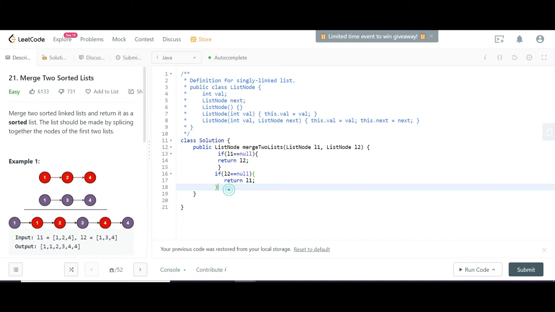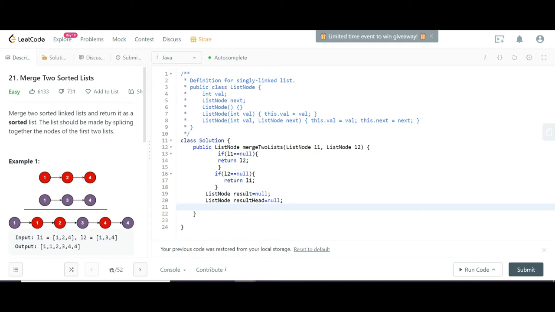Then to define the result, we have to take some node. That will be known as result node, and we initialize it to null. We can define another node, which is required to keep the head, because this result pointer we will keep on moving. But at the end we have to return the result head, right? So we have to keep it. Now we have to define the first node or the head node of the result.